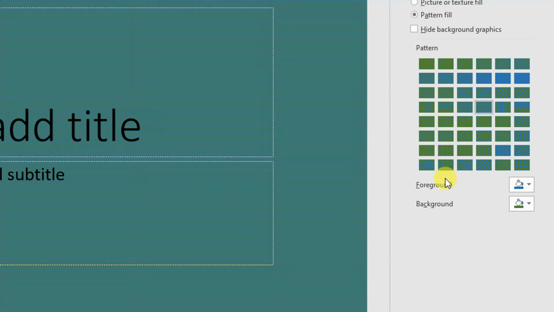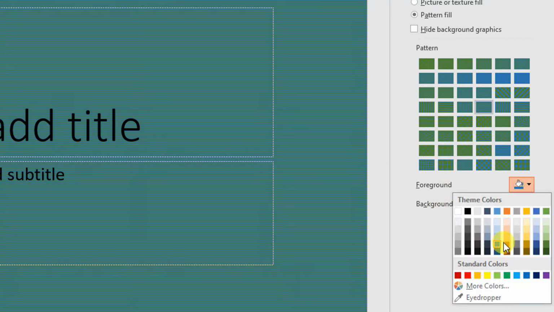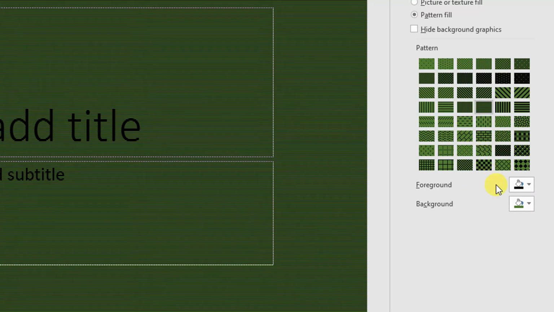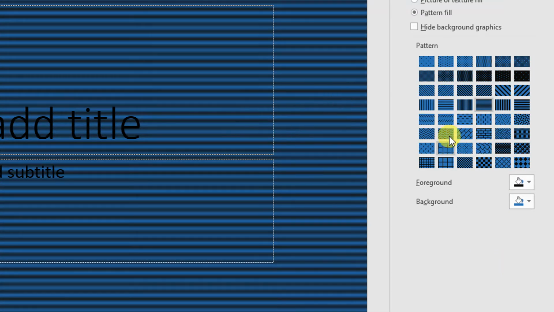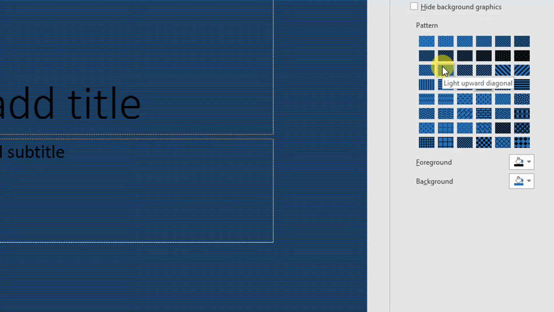Here you can select its foreground and background color also as required. You can select the color. Suppose I change it to black. So its foreground and background change as per your requirement. You can change the color of the foreground and background of this. As you can see, this background color is changed and the foreground color is black. So the black patterns are there and the background is blue. Like that you can change the foreground and background in the pattern fill.